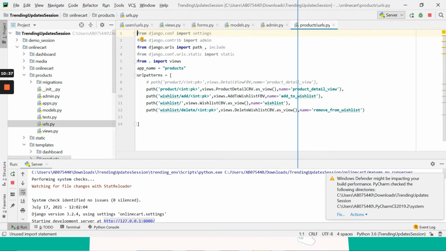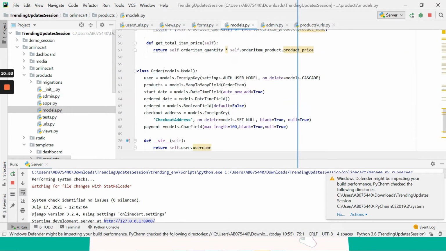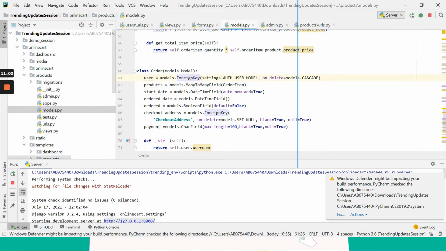Now that you have done the order item, you need to have a model called Order that will actually store your order details. Here you can see this is the order, and it is storing the user details first, which is again a foreign key.